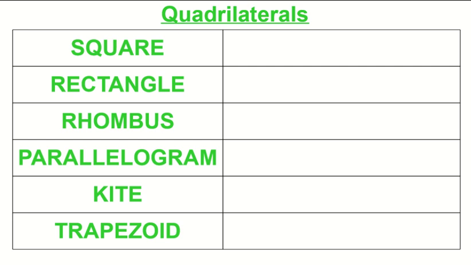All right, so what do you know about a square? 4 equal sides. Four corners. All of these are quadrilaterals. They all have 4 corners. 4 right angles. All right, so a square, we got 90 degrees. I'm just going to use like A's and B's for the side lengths, okay? So for a square, we got,